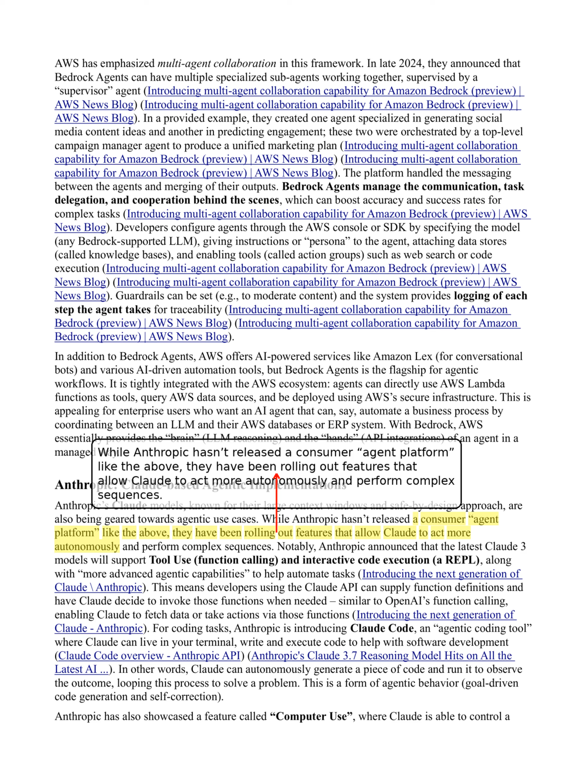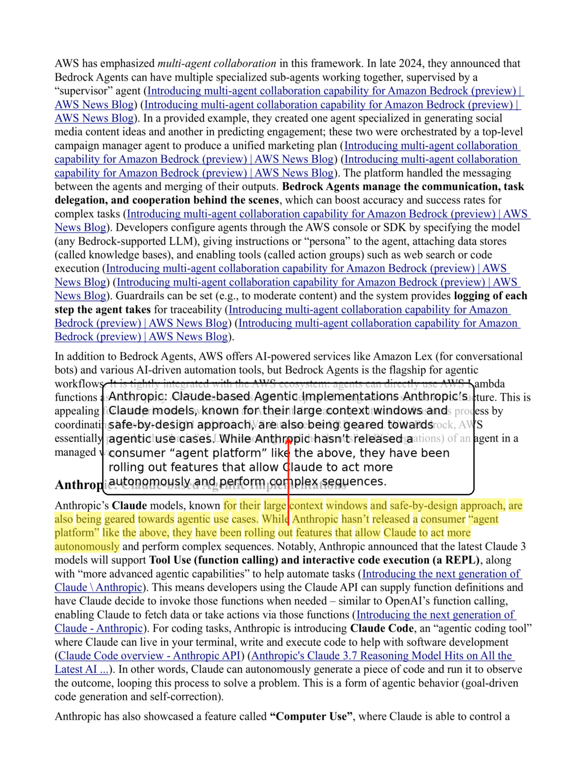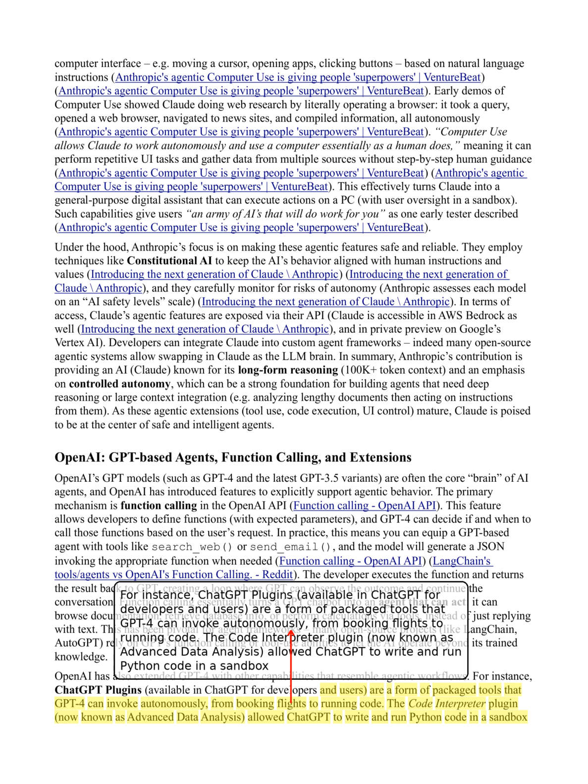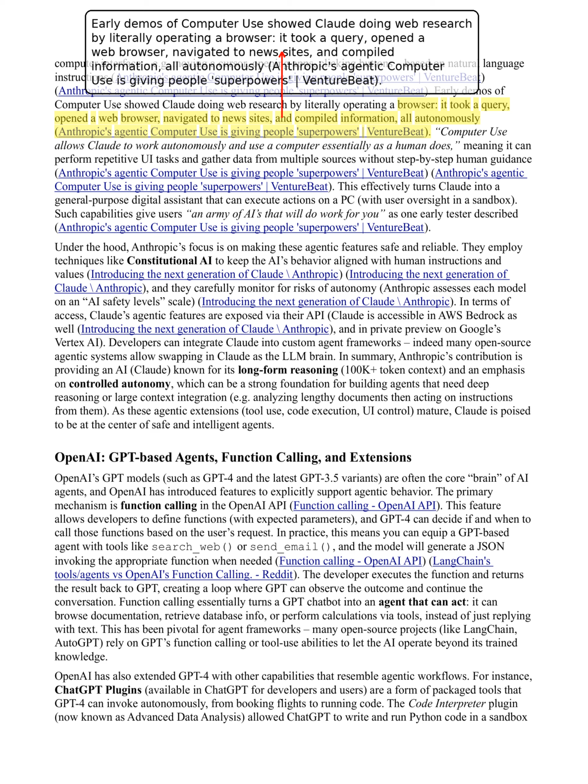Well, one interesting example is there are ChatGPT plugins. These are pre-built tools that GPT-4 can invoke autonomously. So they have a code interpreter, which is now called Advanced Data Analysis, that lets ChatGPT write and run Python code to analyze data. And they have a browsing plugin that lets it access the web to gather information.